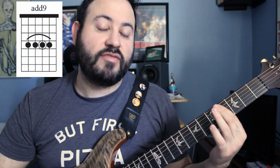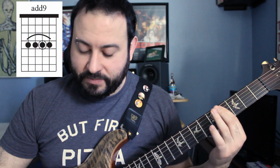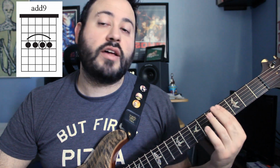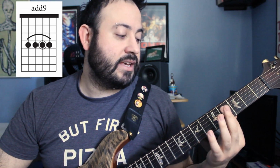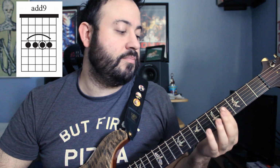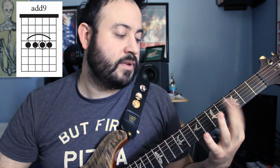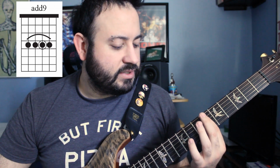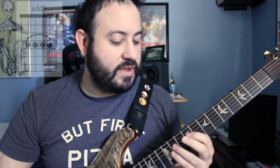Then from here, Allan goes up the neck with what I think of as a major chord with an add 9 on the bottom. So I think of B major with the 9 on the bottom. If you want, you can think of this as a C sharp 9 sus4 chord with the 1, 4, flat 7, and 9 on the top. But for me, I understand it better as a B major with the 9 on the bottom. So B major add 9, C sharp major add 9, D sharp major add 9,